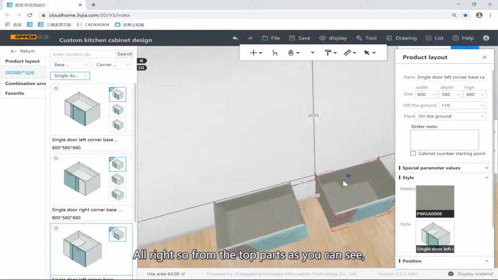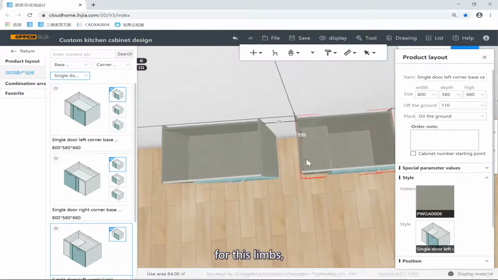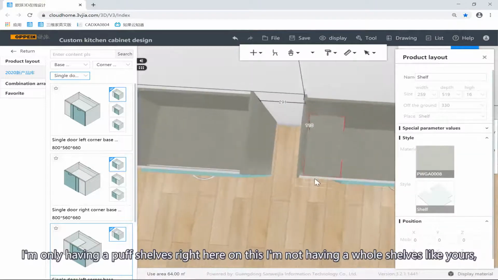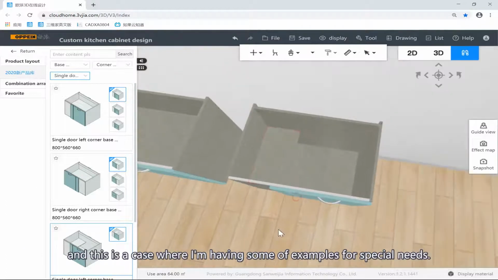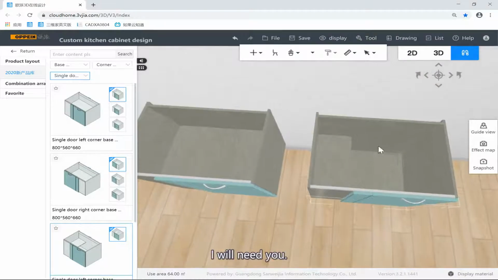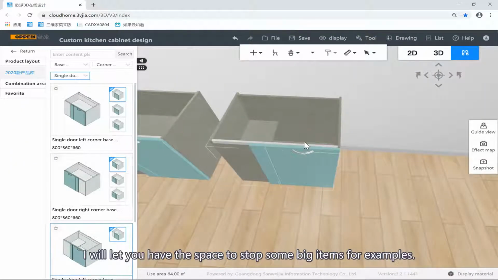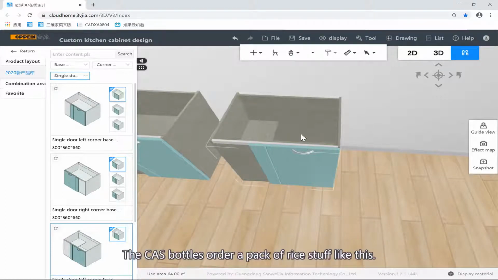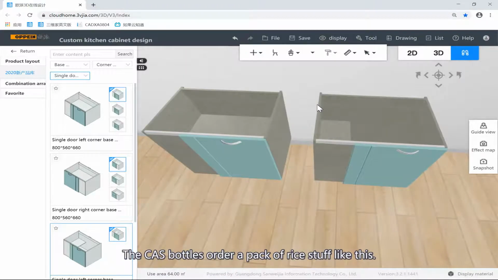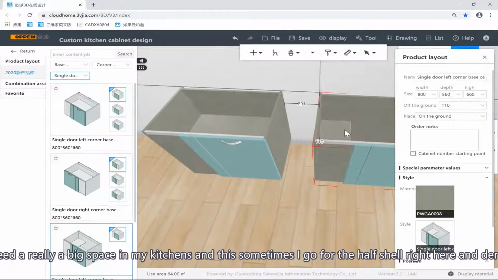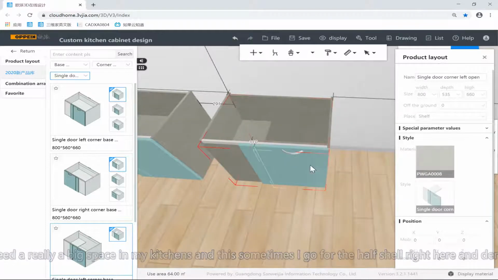Alright, so from the top parts, as you can see, for this one I only have half shelves right here, not whole shelves. This is a case for special needs, where I don't want a whole panel right here. I would like to have the space to store some big items, for example the big gas bottles or the bag of rice, stuff like this. I need a really big space in my kitchens. Sometimes I go for the half shelf right here, and then